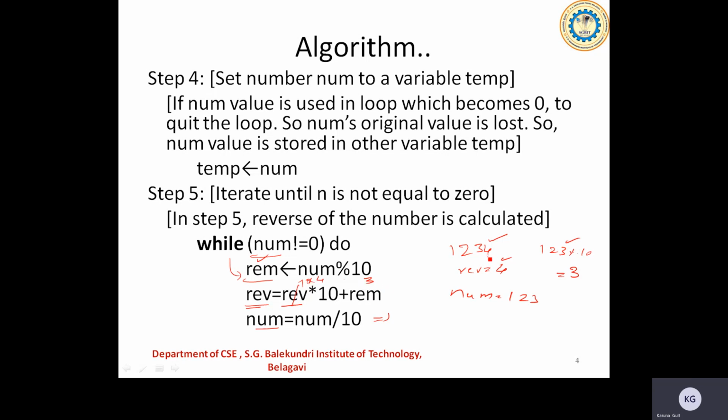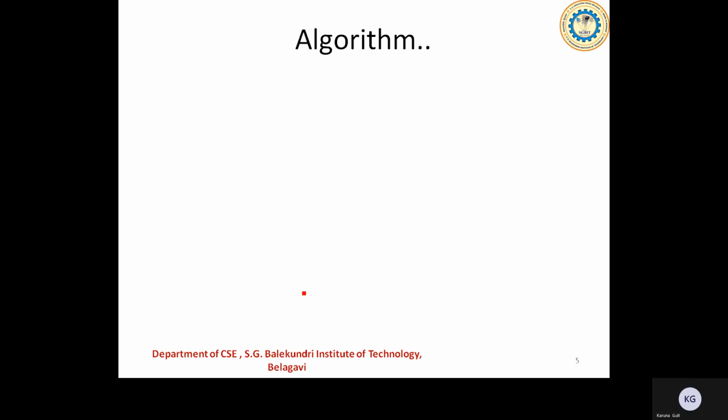The meaning of this is, now this 4 is moving towards the left side, and this is inserted at the other part of the side at the units place there. This is how this equation is helping us to do that task. Then to get the next quotient part of this, to get only 12 here, I'll be proceeding with this. So I'll be doing this till I get the reverse of the given number, or till this particular number becomes equal to 0, right? Okay, once I get that, I know that the reverse number of the given number is there inside the reverse.